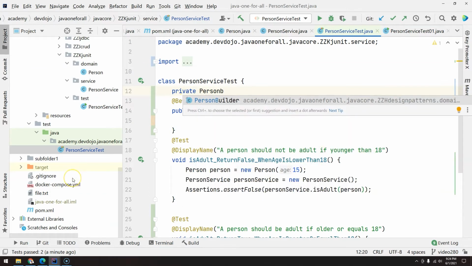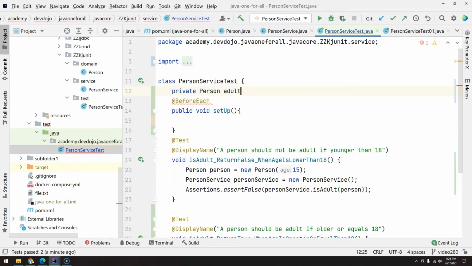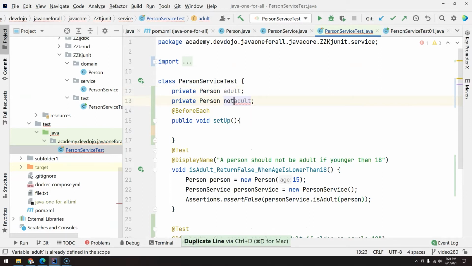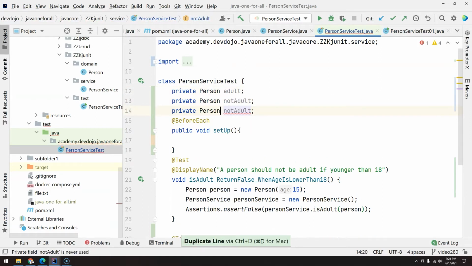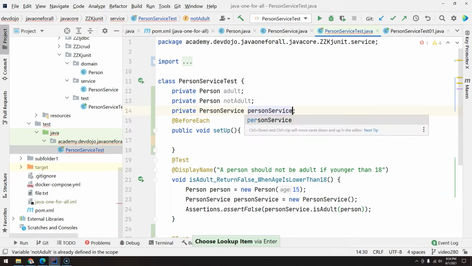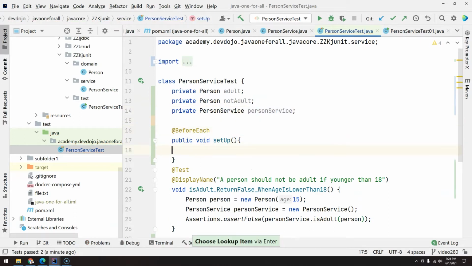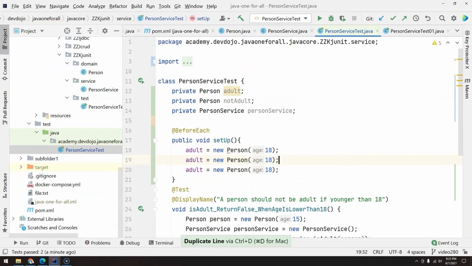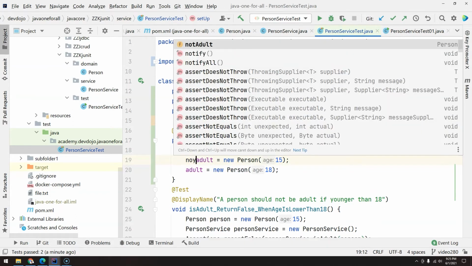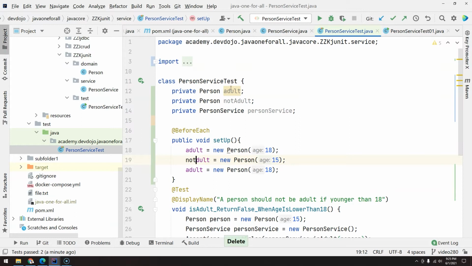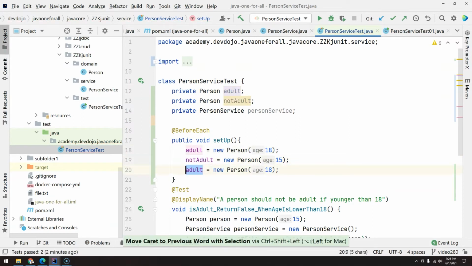person adult, not adult, and then person service. And before each test, I would like adult to be a new person 18 years old. Not adult, I will just add 15, and